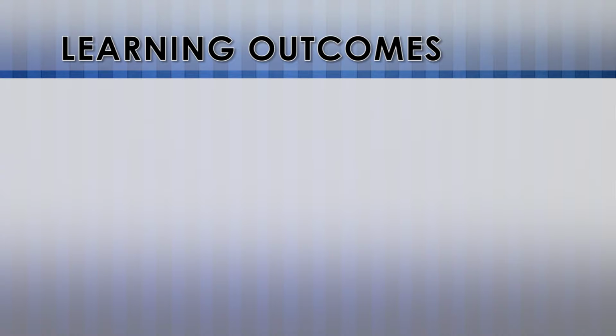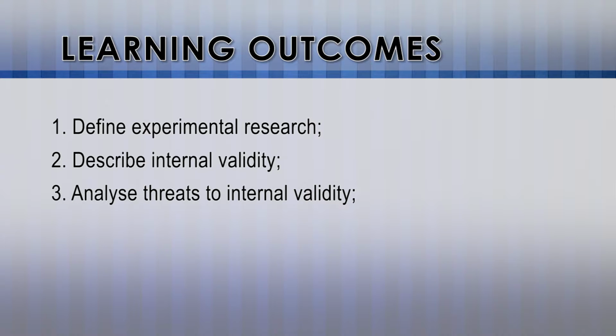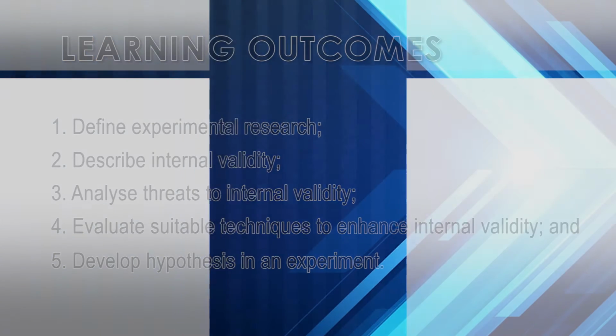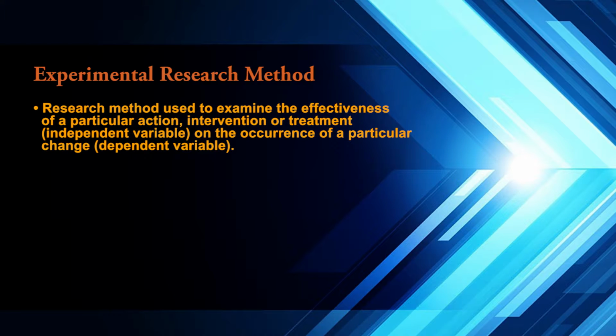Topic 4 is on experimental research methodology, which comprises the subtopics of what is an experimental research, what is internal validity, threats to internal validity or the extraneous variables, techniques to enhance internal validity, hypothesis in an experiment. An experimental research is a research method that is used to examine the effectiveness of a particular action, intervention of